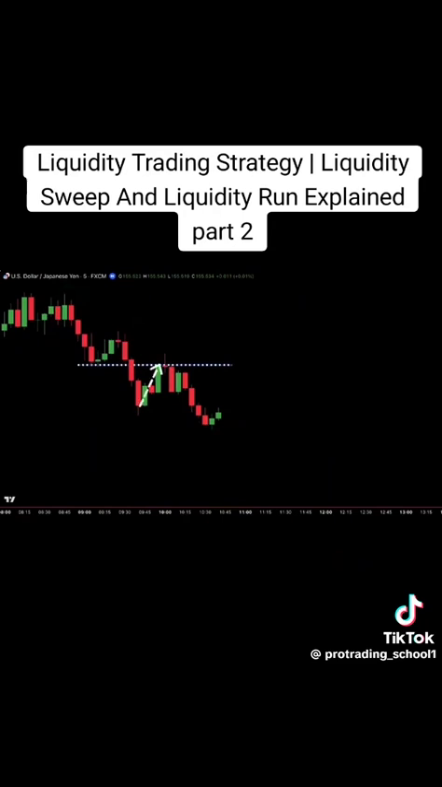Price retraces back, breaks above the new resistance, and then closes back below it. This is a textbook liquidity